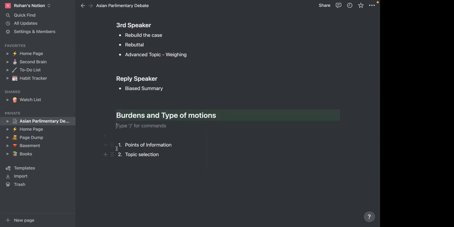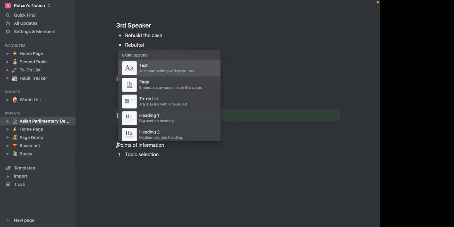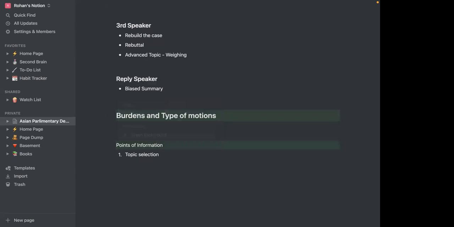Last two things, and we'll get done with this quickly. If you're sleepy, points of information. During your speeches, and when you have 7-minute speeches, your first and last minute are protected, which means nobody can ask you points of information. Let's type it down, right? Nobody can ask you points of information. During the rest of your speech, which means between your first minute and your 6th minute, people can ask you points of information. What are points of information?